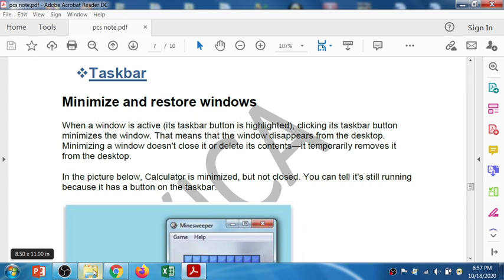So your computer provides you the multitasking functionality, so at the same time you can do multiple tasks. Let's say you are working with a Word file, you can also play music, and in the background you can set up some application. So multiple tasks you can do simultaneously.